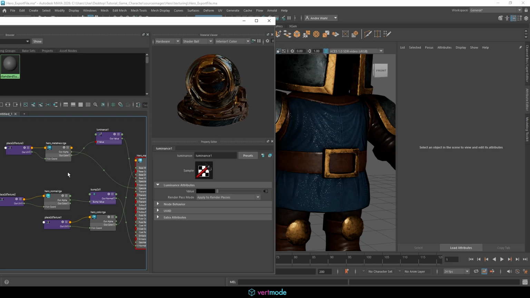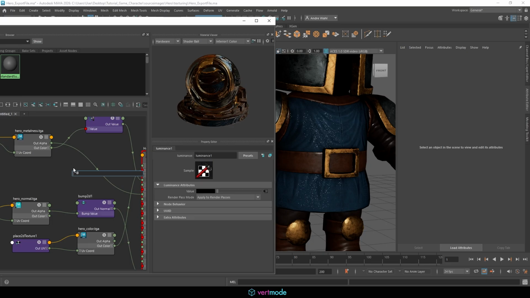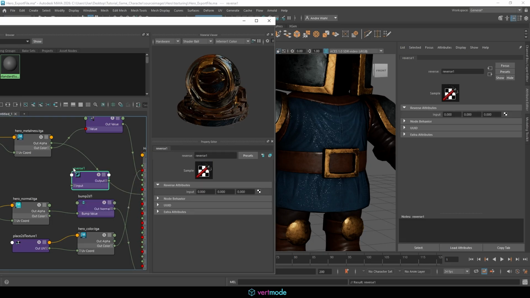Now, what's the situation there? It means that gloss is the opposite of roughness, meaning that we need to invert our actual roughness map in Maya to preview it correctly. This will all plug into Unity just fine, but in terms of Maya, we do need to come in here and hit tab, type reverse to get a reverse node,